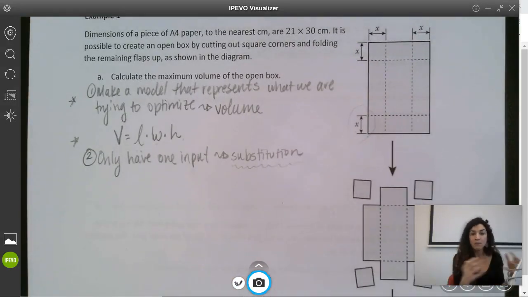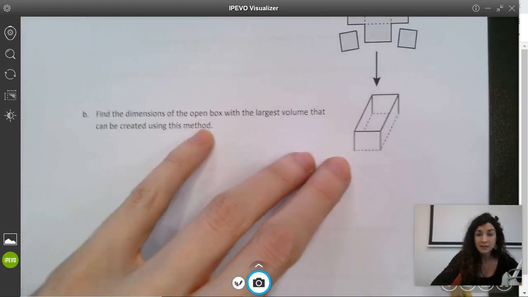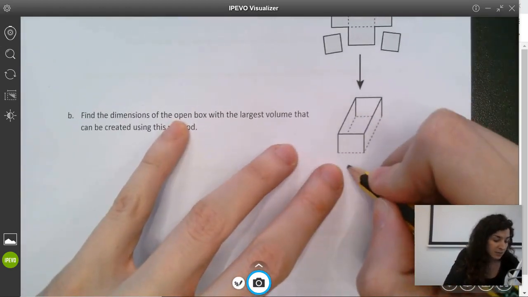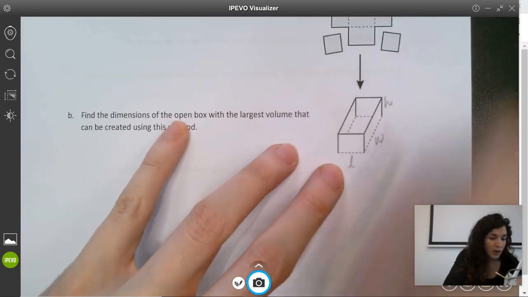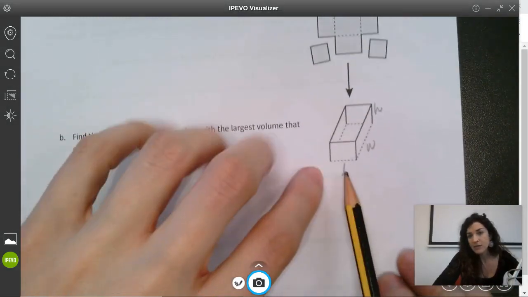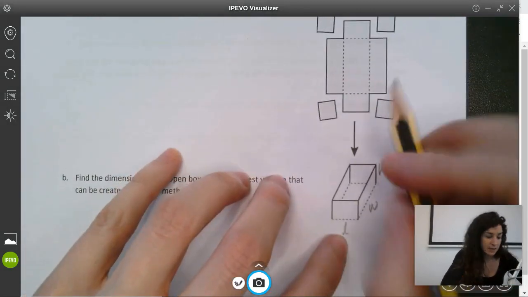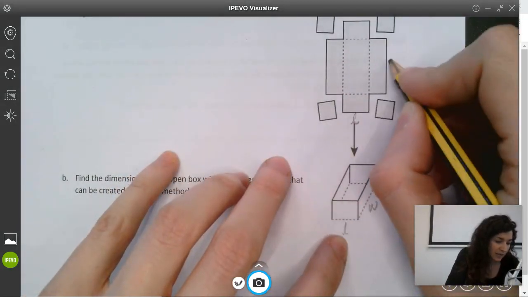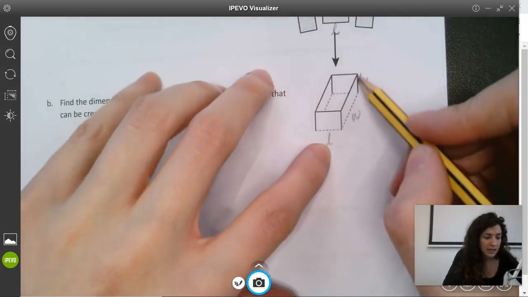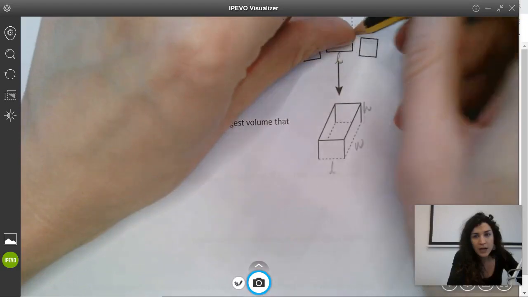Isolate for one and plug in for the other to eliminate the L from the equation. So in terms of our box, length times width times height, it doesn't really matter which one is which, but I'll go ahead and label it that. Going backwards from this idea, if this is length and width and height, then this must be length, this must be width,